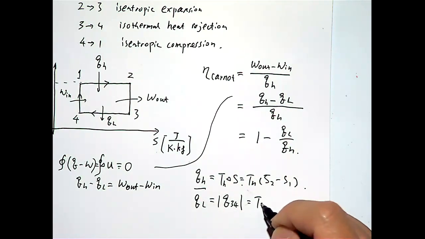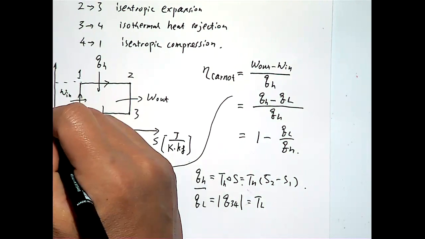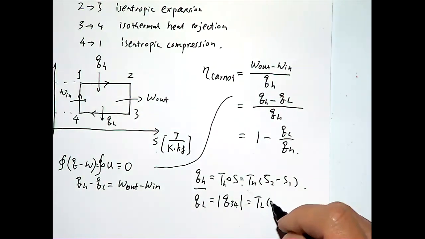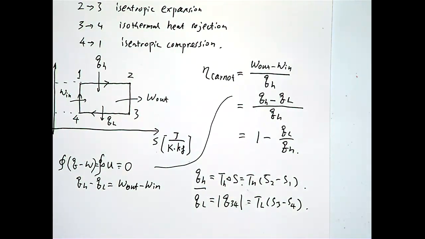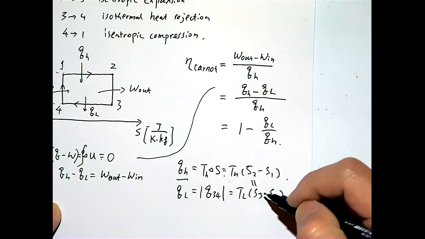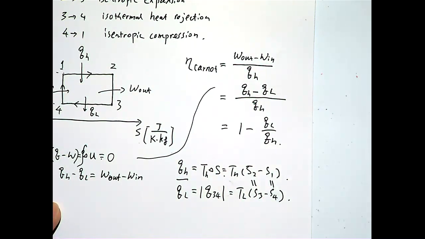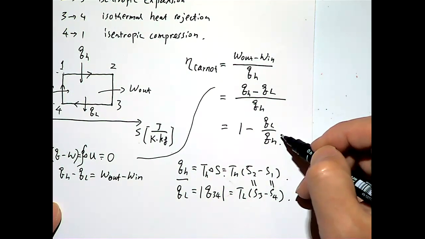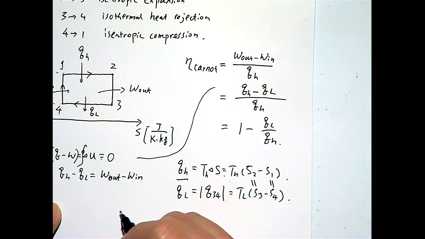So we can write TL times S3 minus S4. We know it's an isentropic process, so S2 equals S3 and S1 equals S4. So if we bring this relation back to here,